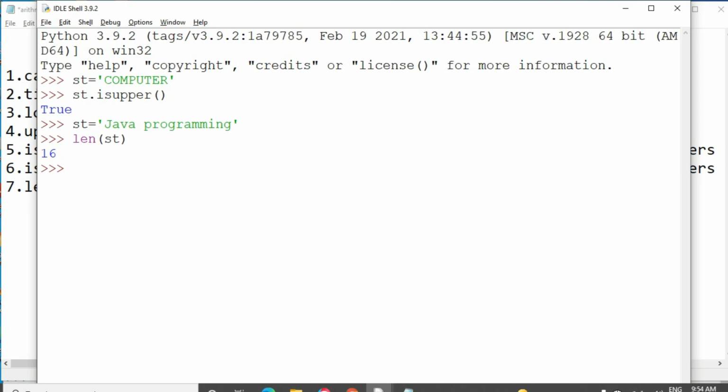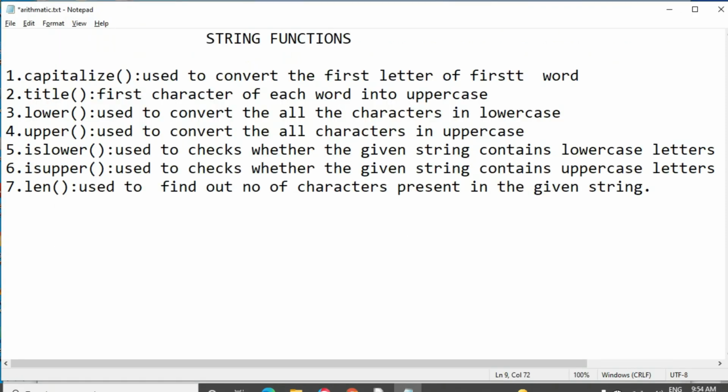Totally 16 characters are available in the given string. Let's count it: 0, 1, 2, 3, 4, 5, 6, 7, 8, 9, 10, 11, 12, 13, 14, 15. It takes the space as one character, so totally 16 characters are available in the string.